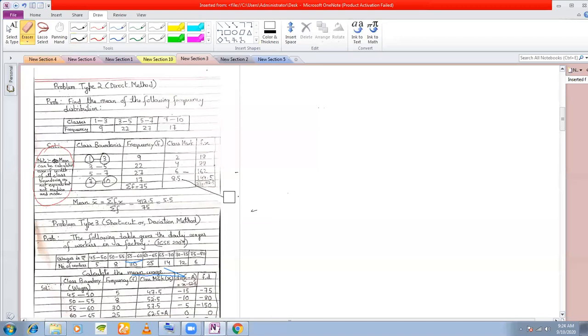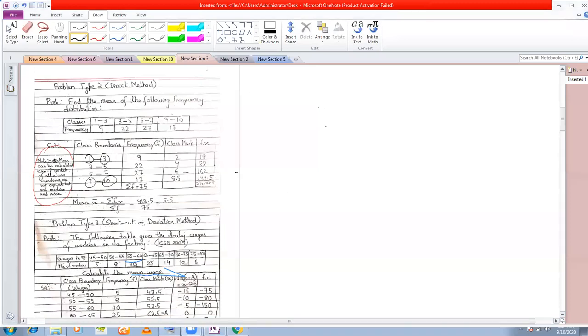Sir, how to know which one to take? Which one to take means what? Can you, sir, repeat? In all the sums we will take frequency and class mark. We will take the same table only. Your voice is cracking, Vivek. Can you speak a little louder and a little clearer? Sir, in all the sums the table will be the same only. We will take frequency and class mark.